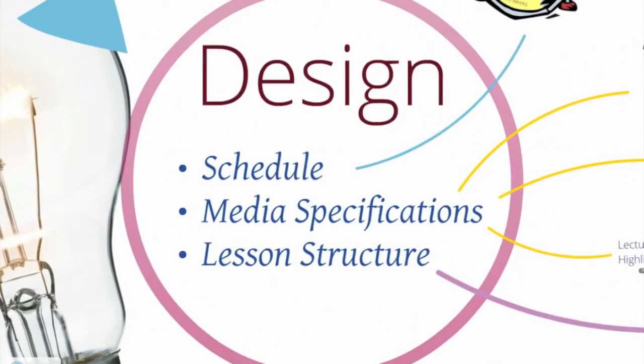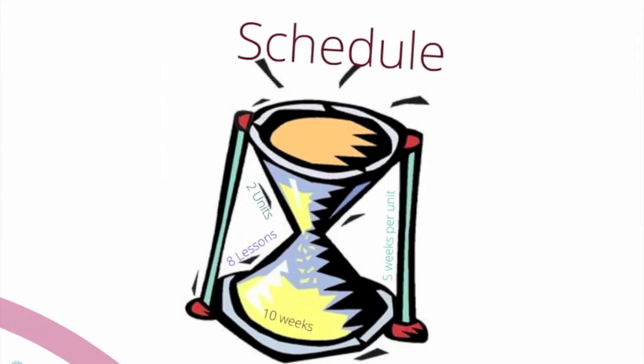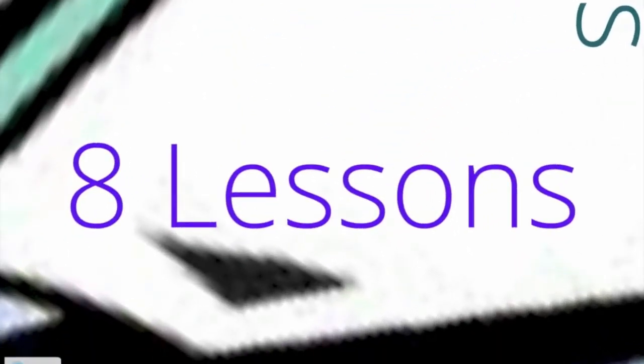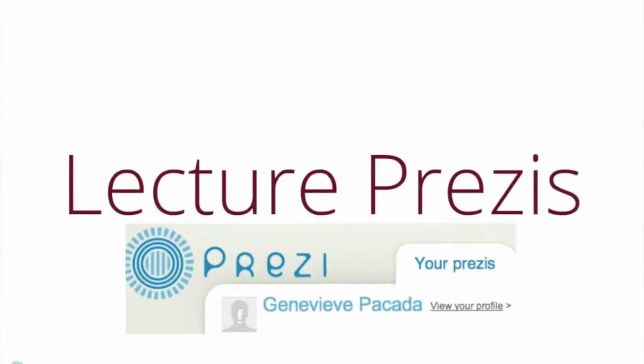Now, first, in the design phase, I really need to think about the schedule. So I know that I have 2 units to teach, and there are 8 lessons altogether, and I have 10 weeks to teach them. So after doing the math, that tells me that I have about 5 weeks to spend on each unit. After I know my schedule, then I could start thinking about using Prezis for my lecture presentation